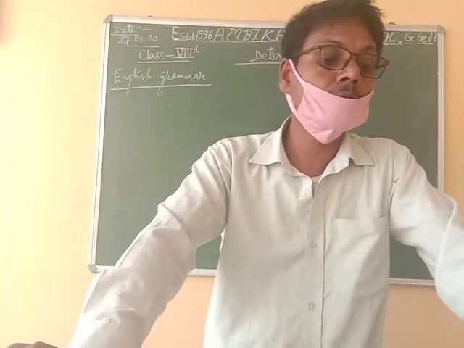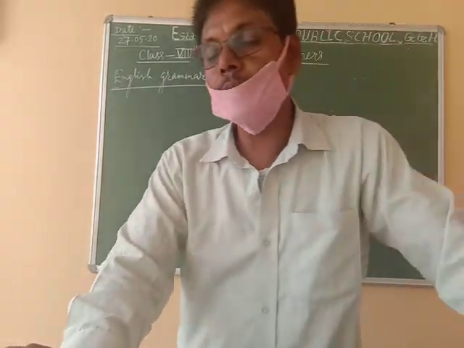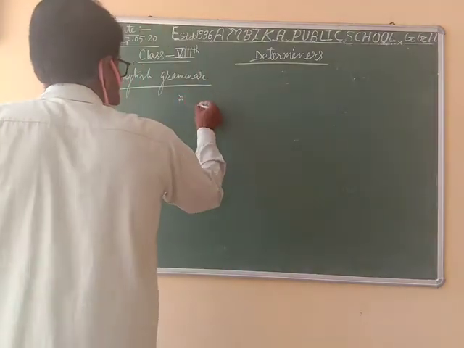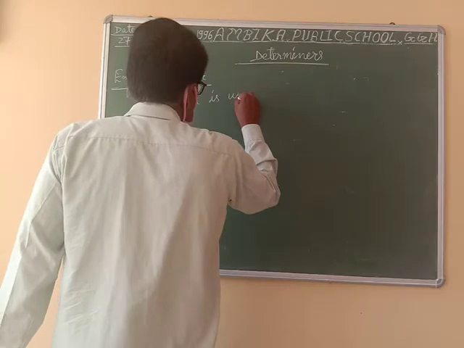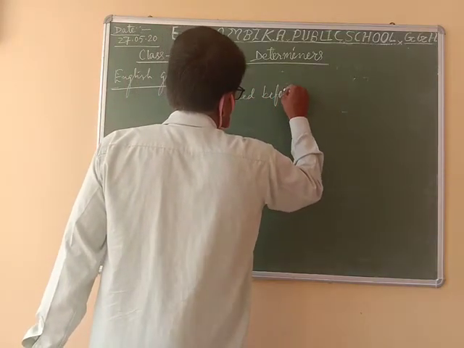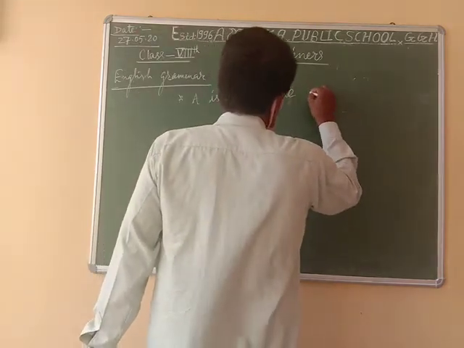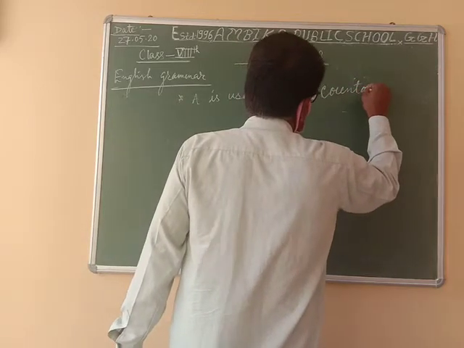Now, number 2: A is used before a countable